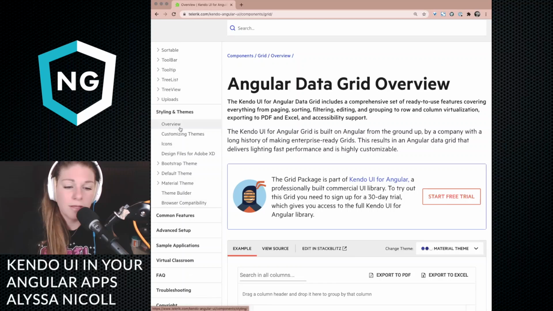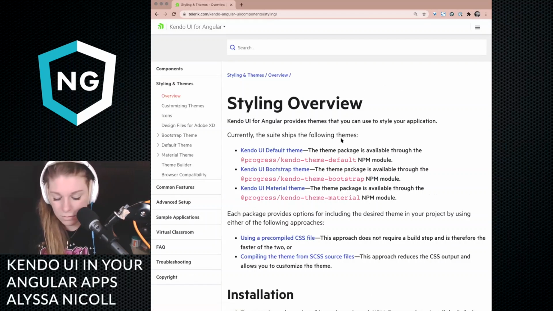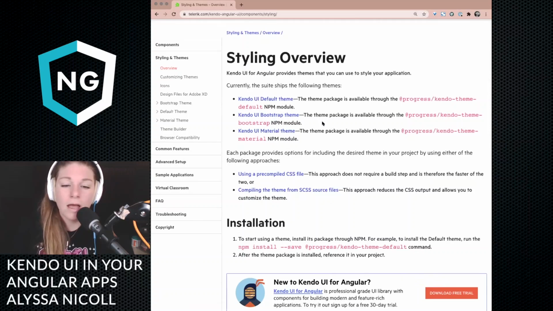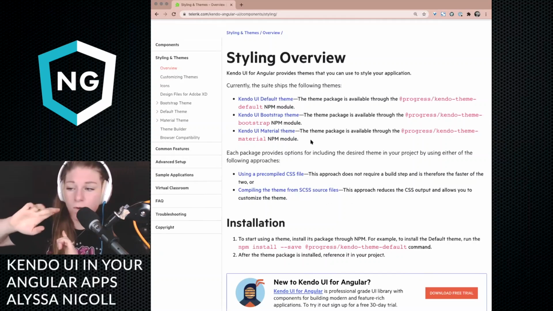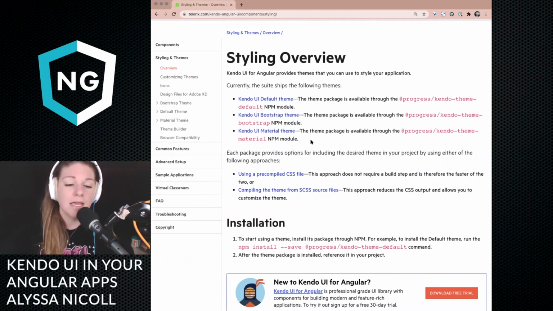So this is a great place to talk about, I'm going to make it a little bit smaller, but as I mentioned earlier, we have the 3 different themes: our default theme, the Bootstrap theme, and the Material theme. The idea behind the Bootstrap theme or the Material theme is that if you're already using those things in your projects and then you use Kendo UI components, they match, right? But of course, if you are using your own custom things and you want to just use our default one, I think that might be our most popular. I'll have to find out from Carl. I am curious which ones are most popular.